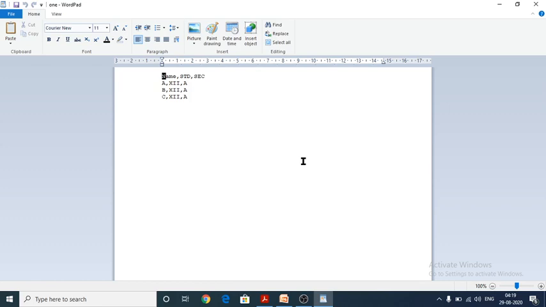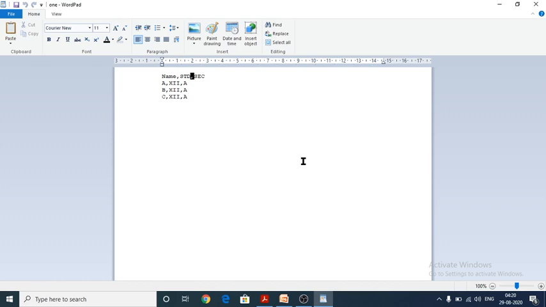Those commas are part of your data, and will then be kept separate from the commas which delimit the fields themselves. The commas used to delimit the fields are used to identify the fields. So A is the name, B is the name, 12 is the standard, A is the section.